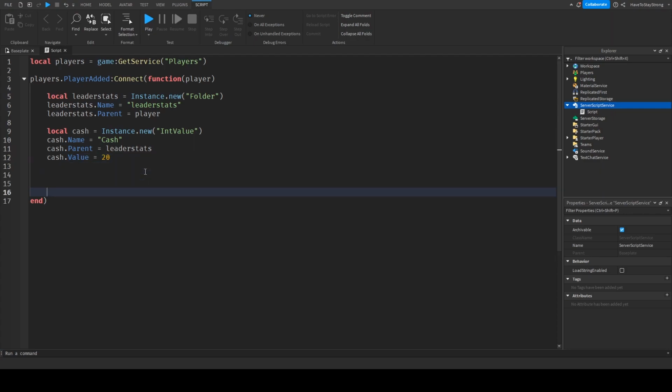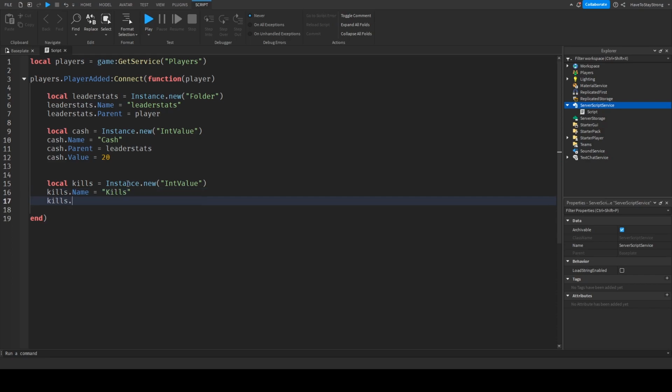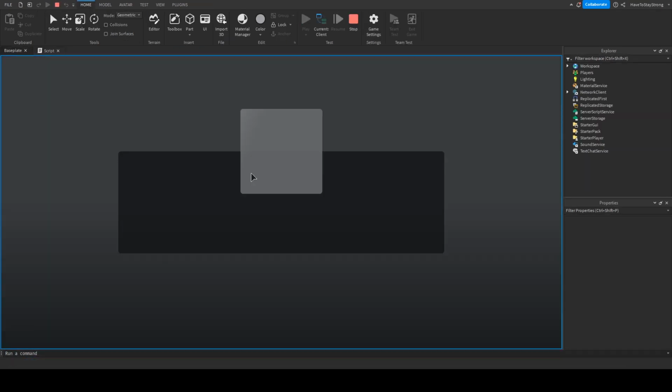You can also create multiple values in your leaderboard. Say we wanted to have kills, we can go local kills and follow the same steps as we did for our cash. We go local kills equals instance.new int value, kills.name is equal to kills, and then kills.parent is equal to our leader stats. And hit play again. We will now see